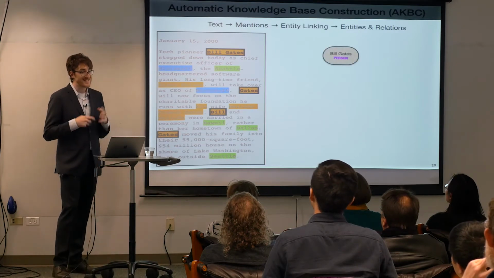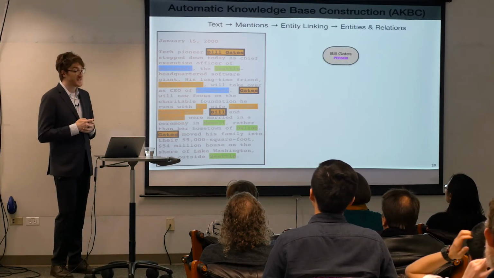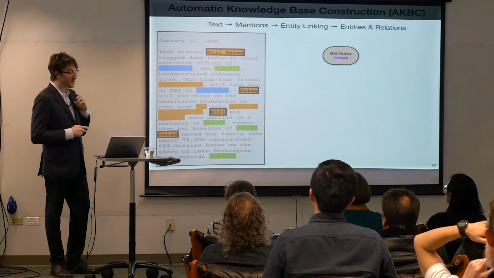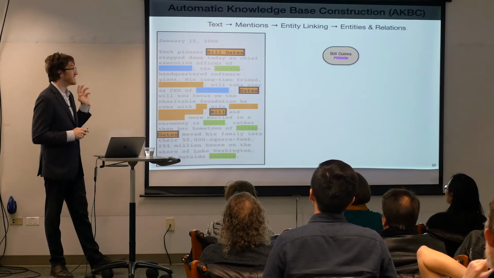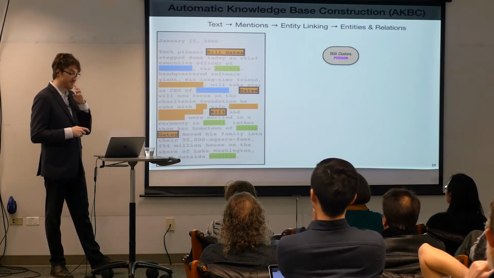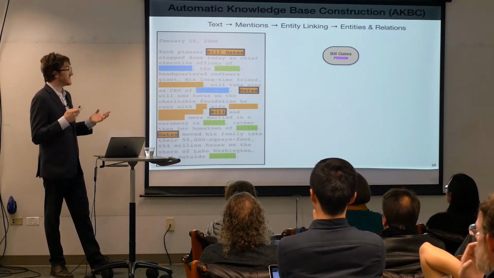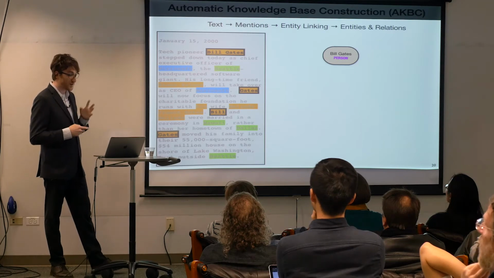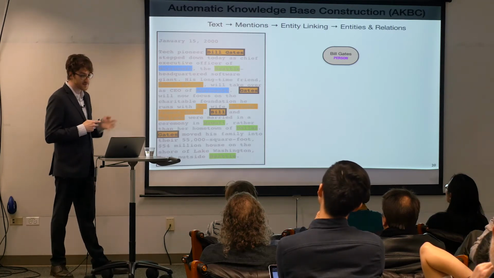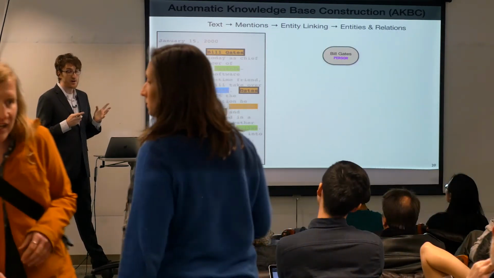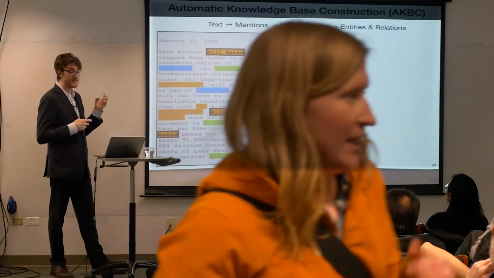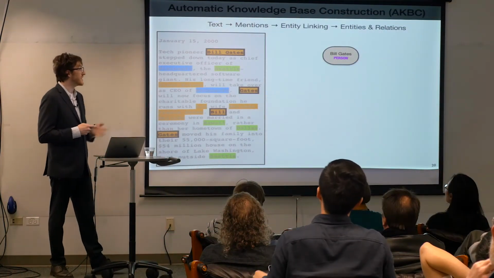And next, we're going to need to link together mentions that are referring to the same entity. So here we have 4 mentions that are referring to the same entity, Bill Gates. And so this is an important distinction to keep in mind because we're going to be talking a lot about entities versus mentions in the rest of this talk. So every time you see Bill Gates written in text, those are mentions, and they're all referring to the same single entity, which is the concept that is Bill Gates.